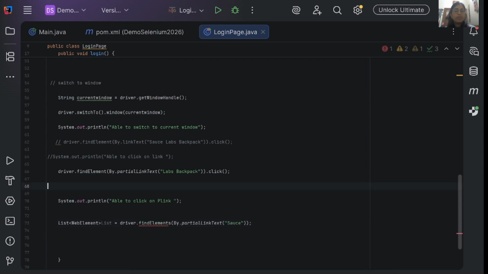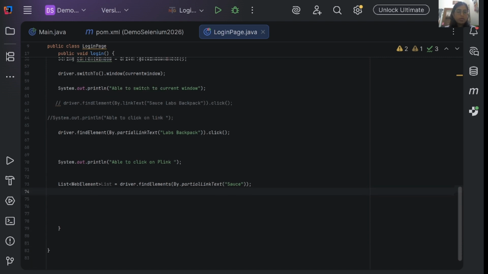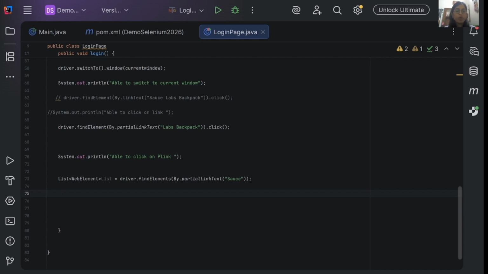So see, earlier we were using findElement. Now we are using findElements. Why? Because findElement works with a single web element, but findElements works on multiple web elements. When you use findElement, it returns the details of a single web element. But findElements returns the list of web elements. This is really very important, and the difference between findElement and findElements is an interviewer's favorite question. So just keep these points in mind.